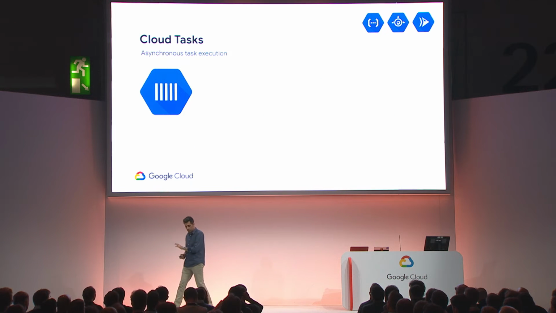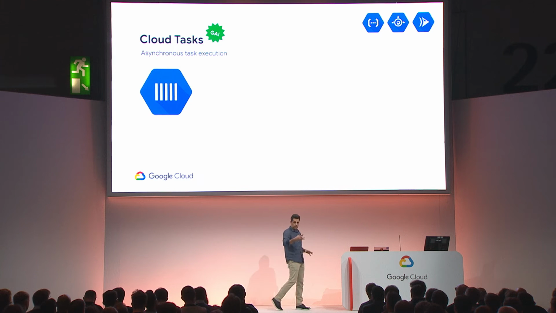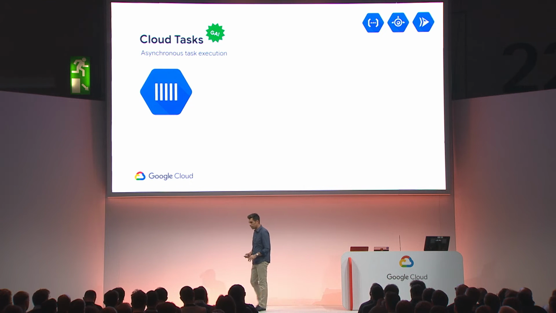Seems like a diversion, but Cloud Tasks is a separate product in GCP that falls under this serverless banner. You remember before I said the definition of serverless: you don't manage infrastructure, you pay only for what you use. Technically, this qualifies. It's a queuing system. It's great for this situation where you have a series of sequential or synchronous tasks. One of them, perhaps, is a really heavyweight task, and it's slowing everything down. And you might realize that, well, this one task, maybe it's sending an email, maybe it's writing to a database,